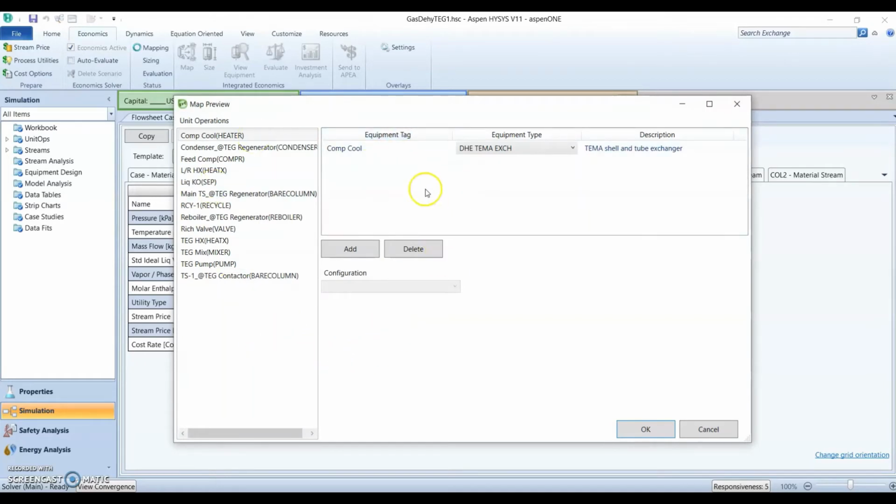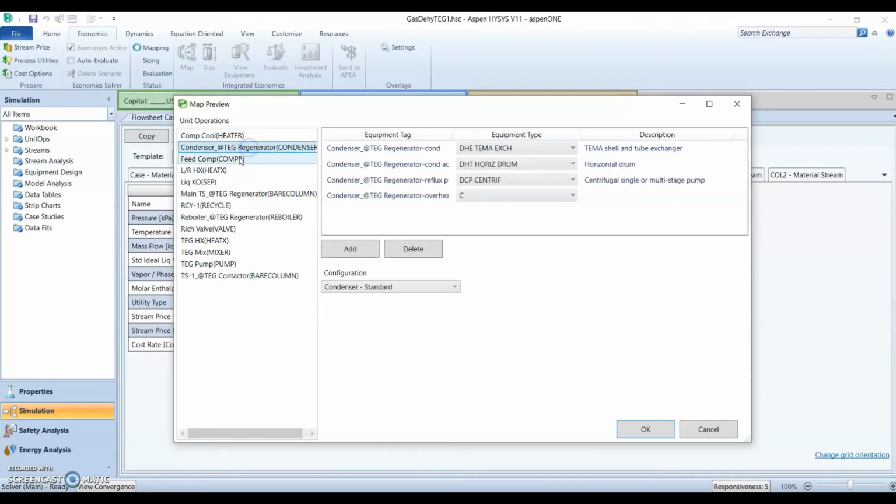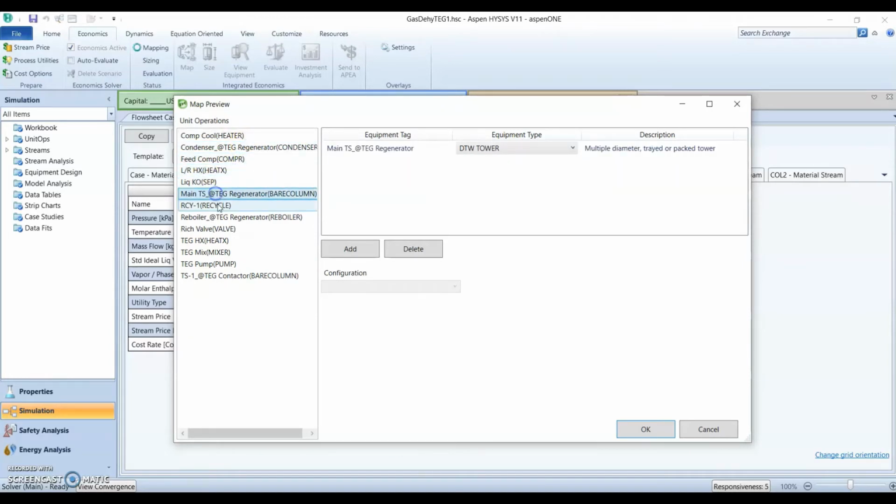Then a new window will appear. This is the map preview window where we can map the type of equipment in APA that will be matched with the unit operation that we use in the Aspen HYSYS. So these are all the default type of equipment. You can make the necessary changes.